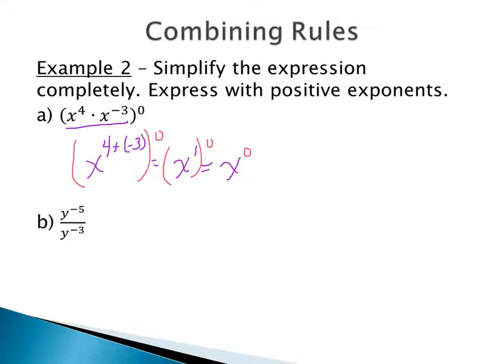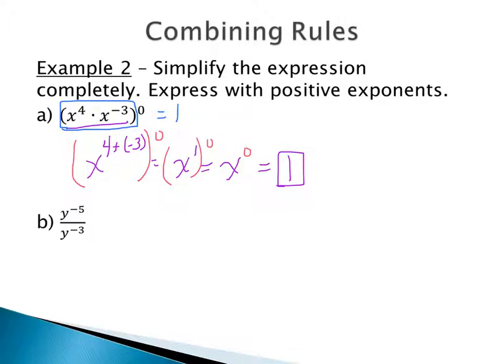Well, again, anything to the 0 power is just equal to 1, as long as it's not the base of 0. So we have equal to 1. Even from the beginning, you technically, for this problem, did not have to do all that work, because we have an entire parenthesis or expression raised to the 0 power, so that means that it has to equal 1. So either way you want to do it, I did show with simplifying the inside first, because that is generally how you want to set these up. But if you're able to see that it's raised to the 0 power, wonderful. You can just set it equal to 1.